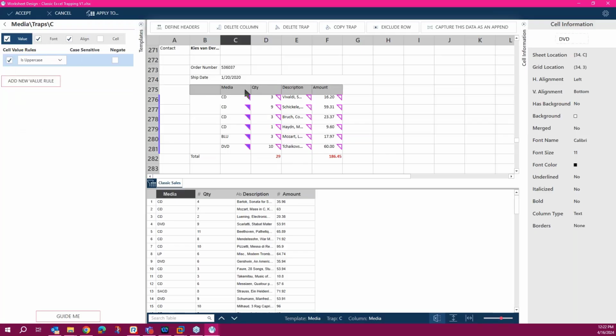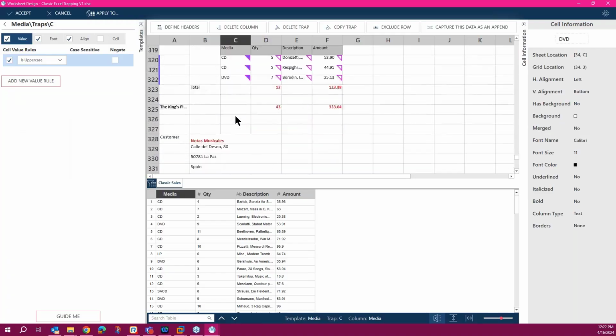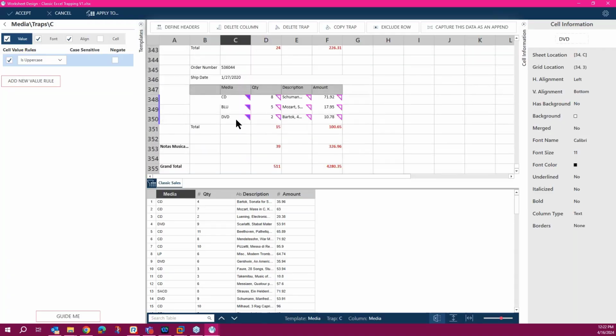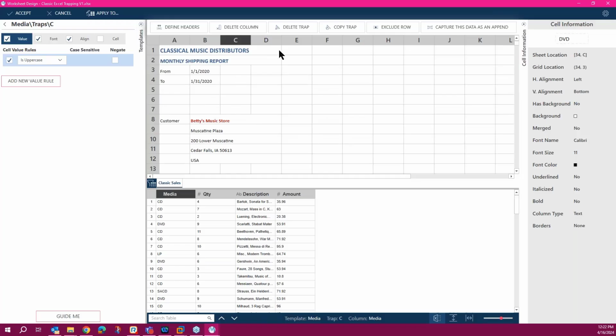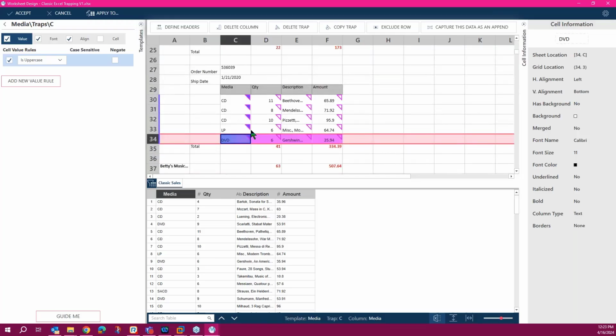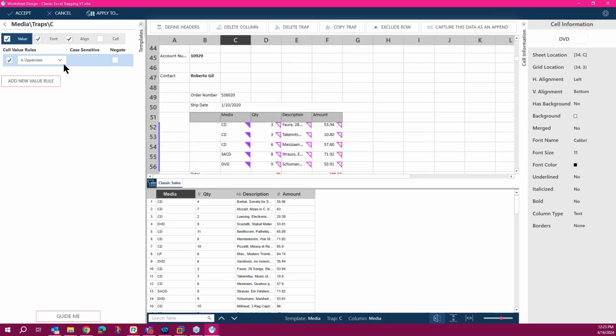By using is uppercase, all these media that are uppercase will be selected, because of the solid triangle. So again, once you add the columns or add a table, you still have to take a look at your data to see that all of it is being picked up by looking at that solid triangle.